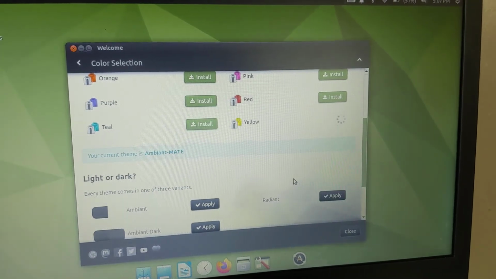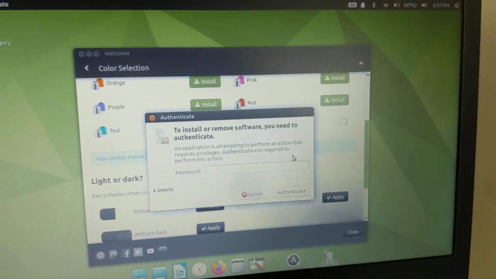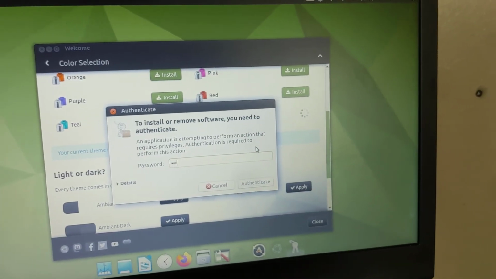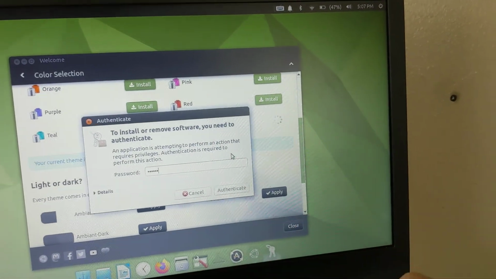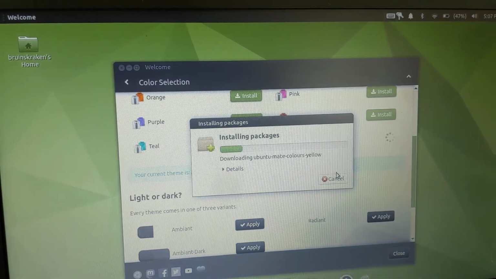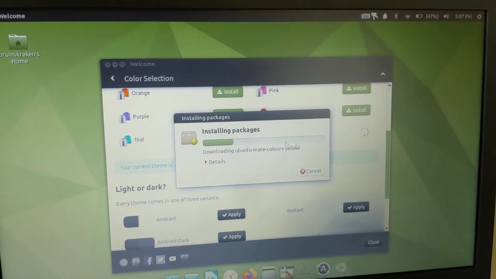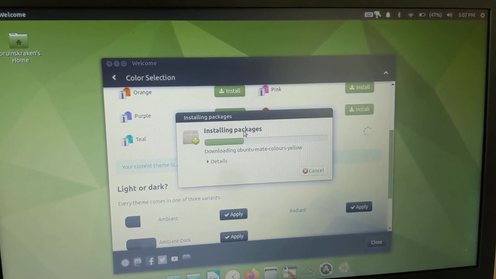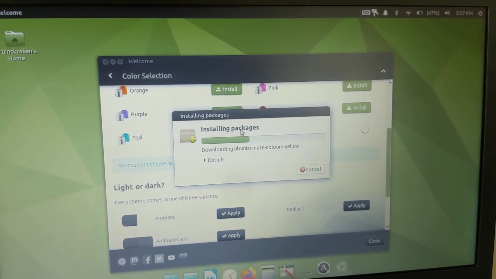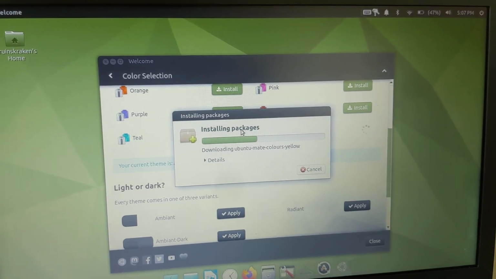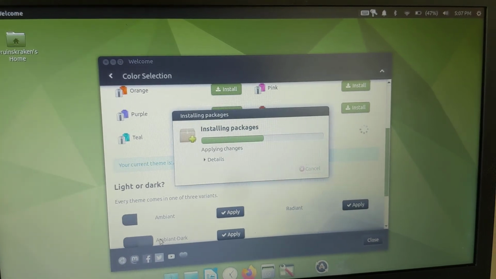We're getting there. Hit this again. I don't usually have to do all this one-handed. Okay. While that goes there,